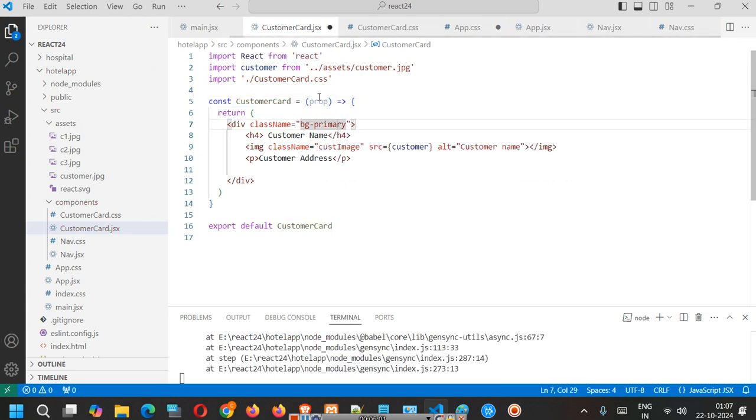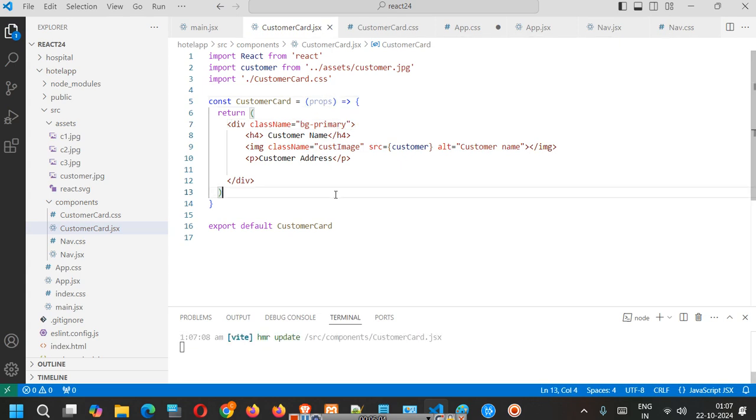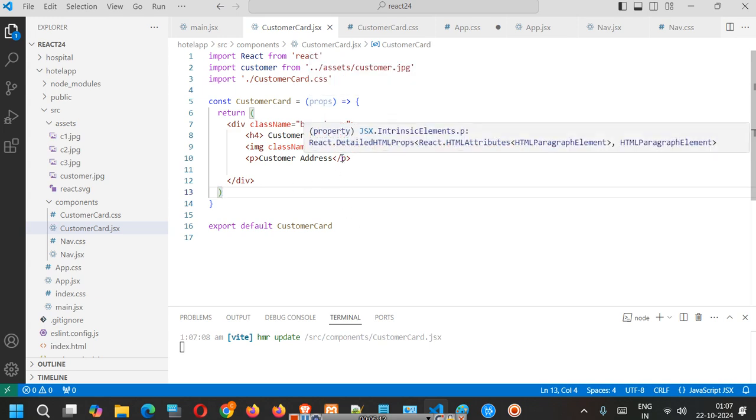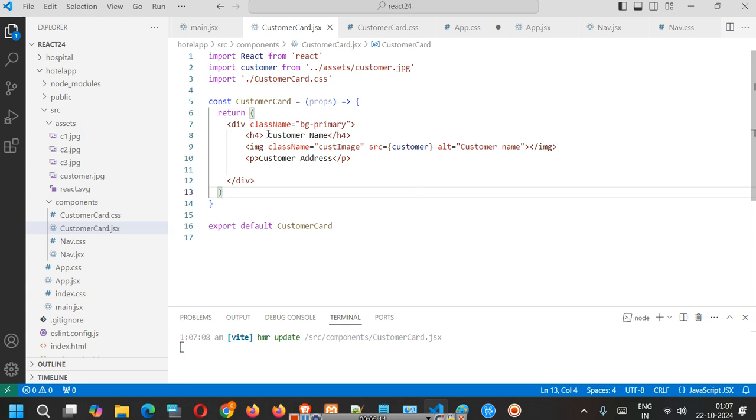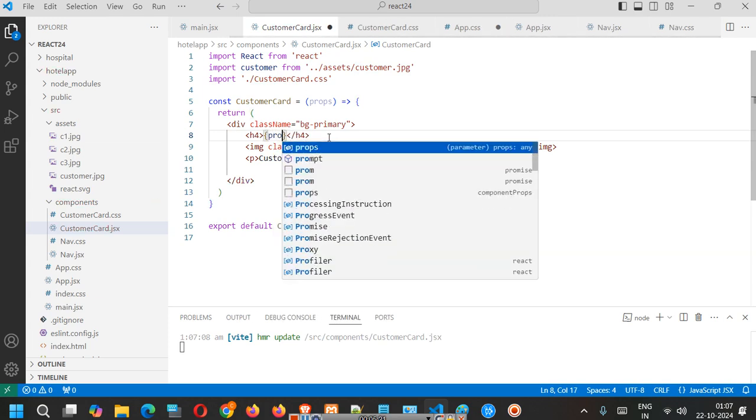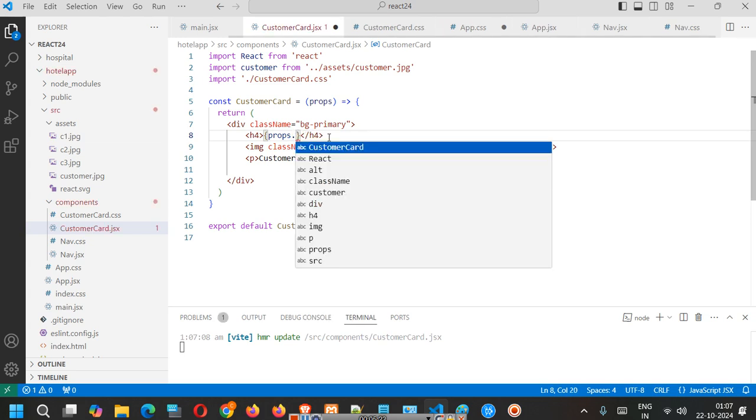So you will write props, and when you write props, you will see that this prop is declared but not used. And instead of customer name, what we are going to do is write props.name,